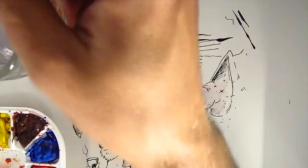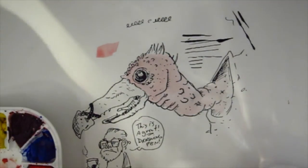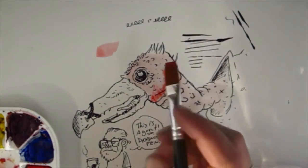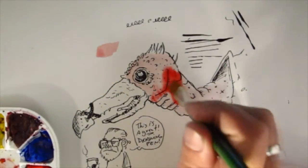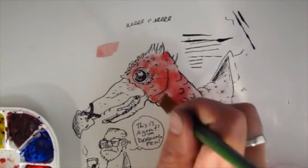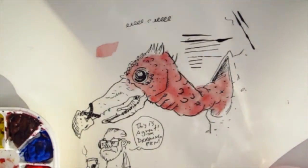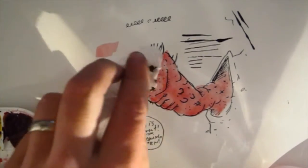because this isn't actually watercolor paper. I need to move that so I don't have to reach in front of the camera. This isn't watercolor paper, so no, it's too much. Just want it a bit redder. Yeah, so this isn't watercolor paper, so you can't actually take too much of this stuff before it starts to get unusually wrinkled. Now I'm going to take a little bit of that part,